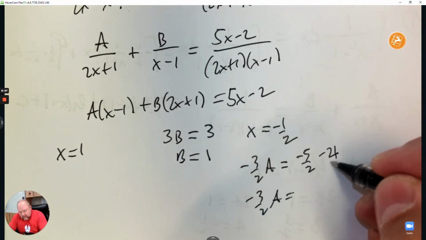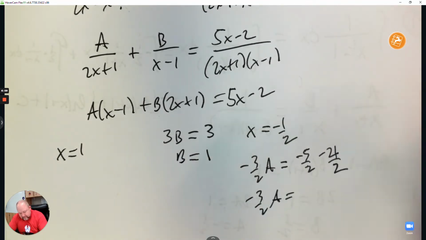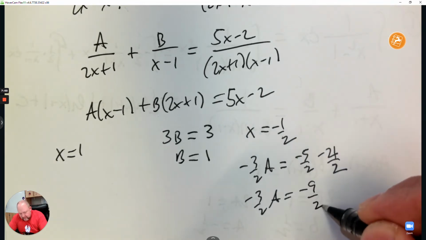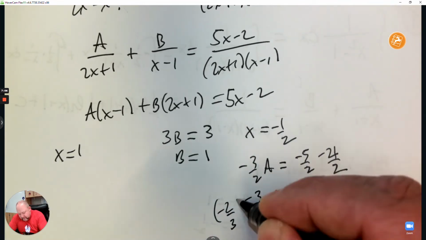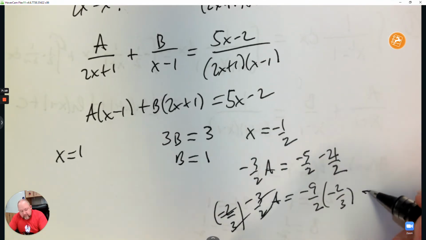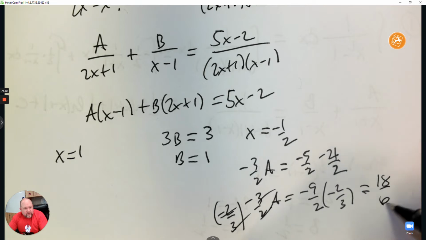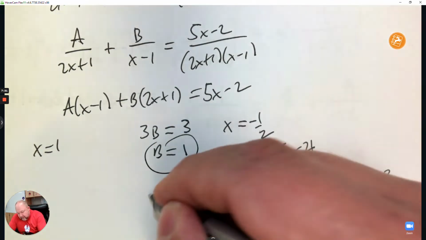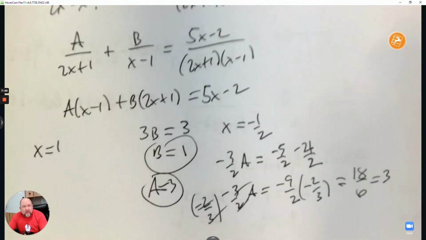I'm going to write this with common denominators. So 4 over 2, that's negative 9 over 2, times the reciprocal. This took a little bit more effort. And that gives me positive 18 over 6, which is equal to 3. So now I know what they equal. So b is 1, a is 3. Now come back here